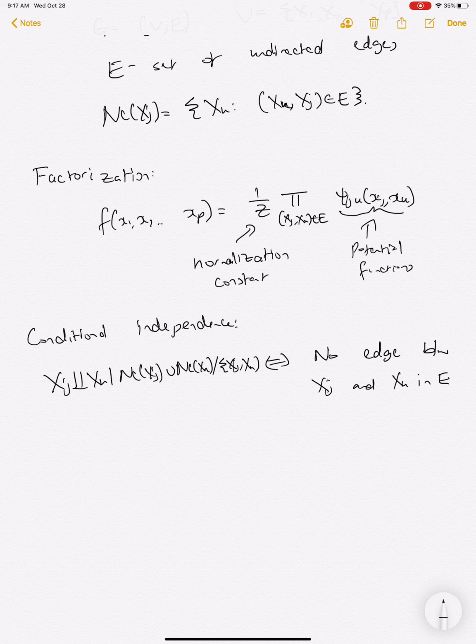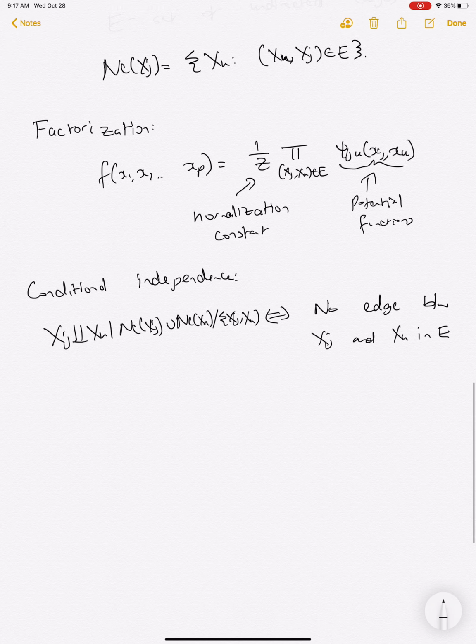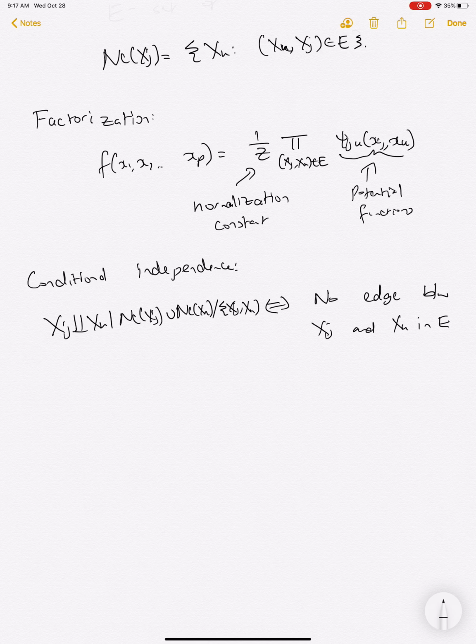And so if there's a conditional independence between xj and xk given the neighbors of xj and xk except for those two nodes, then there's no edge between them in the graph. And so if we then look at these parametric models,